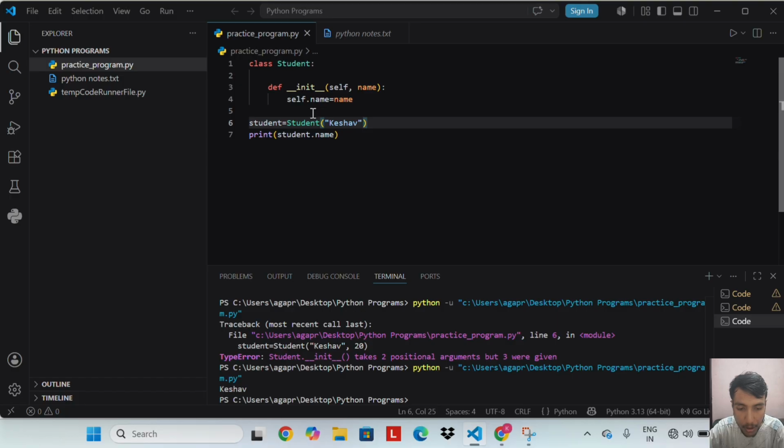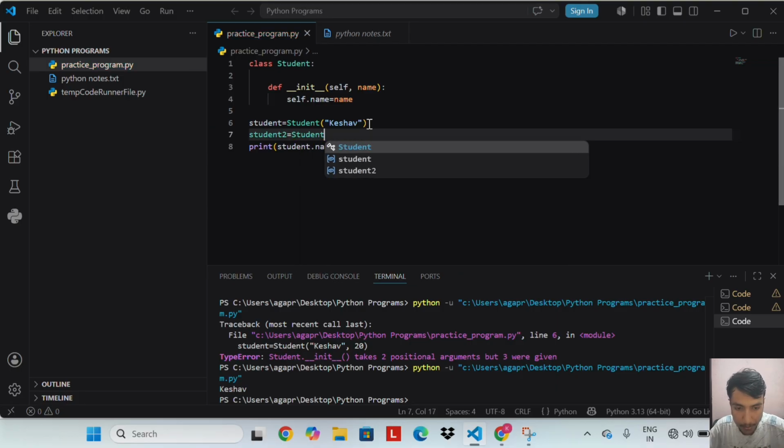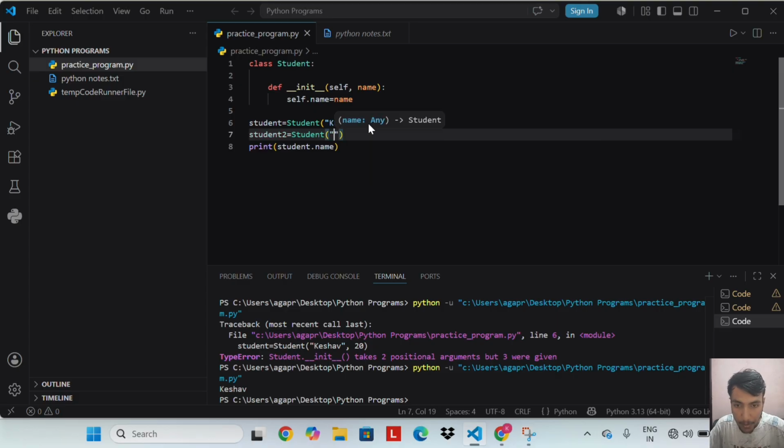If we create another object like student2 equal to Student, Priya, self inside init now refers to student2. So student2 dot name would be Priya.